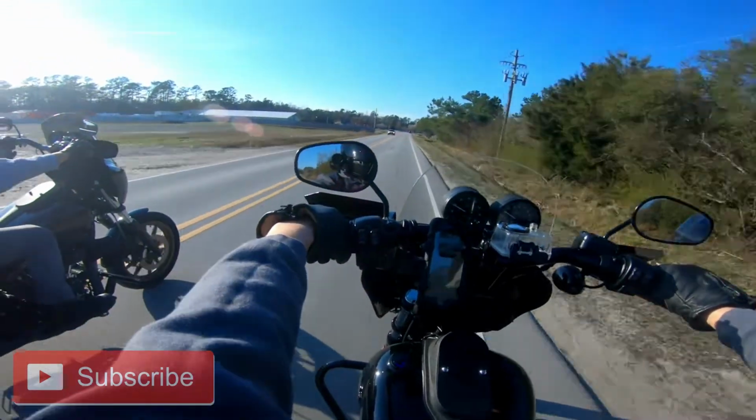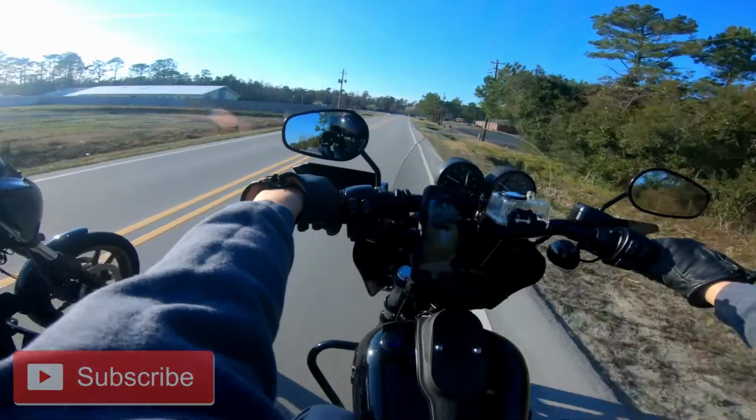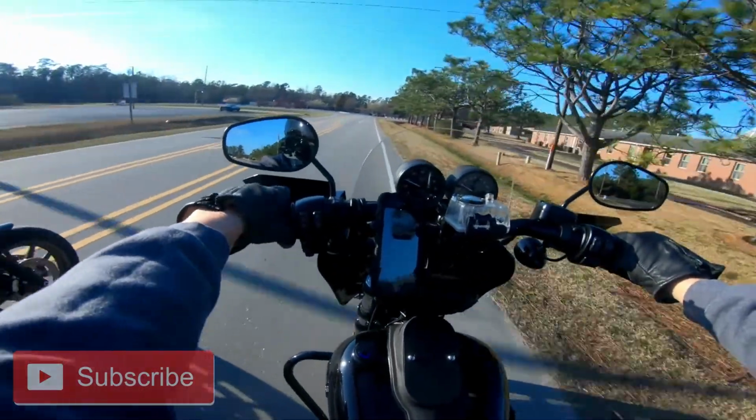What the hell's going on with this guy? It's a North Carolina station wagon Focus with a chair strapped to the top. Anyways,